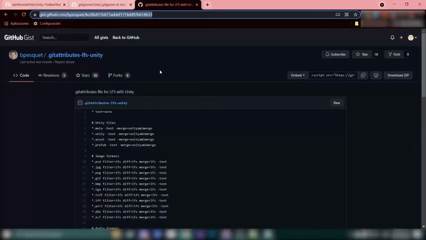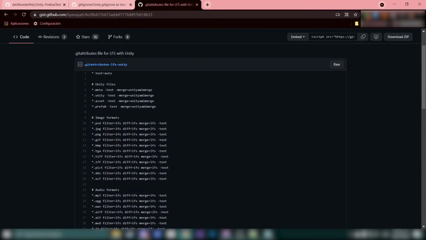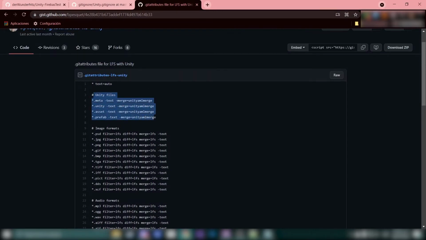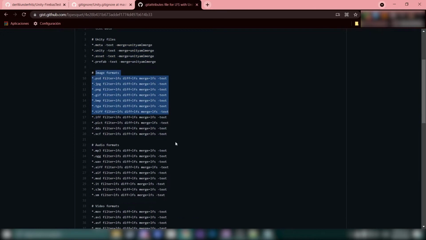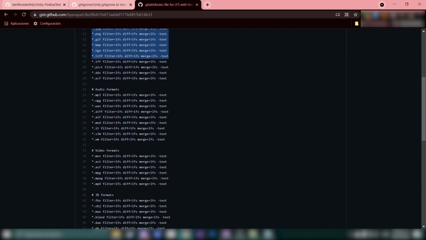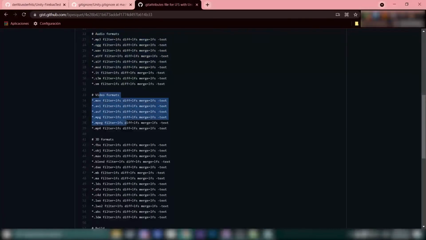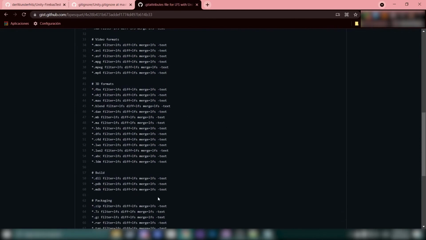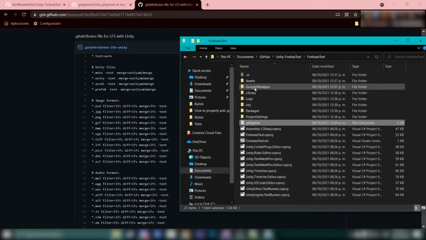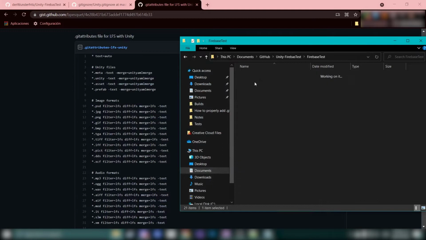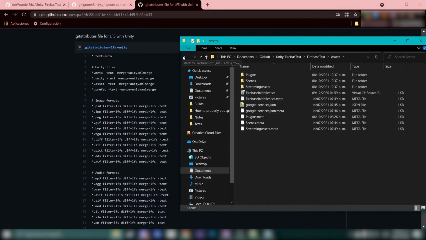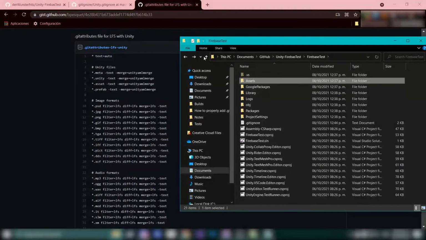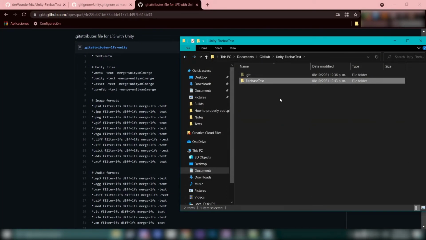Now you need to get the .gitattributes file. As I mentioned before, with this you can upload large files to the repo. To be precise, this will replace large files with text pointers inside Git and store them in the Git LFS server. This will make your repo history lighter and save space for more future commits. The .gitattributes file needs to be located at the root of our repo.